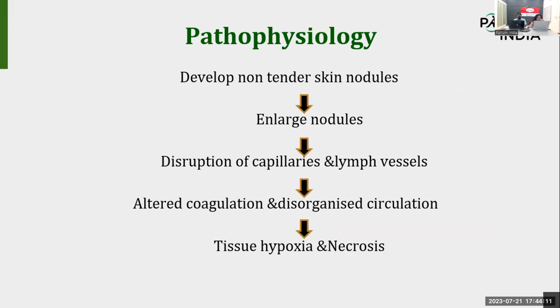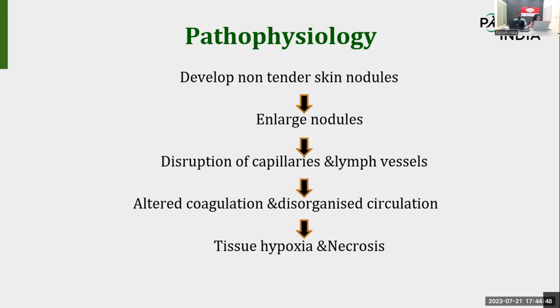Then the enlargement of the nodules will happen. Due to the enlargement, it compresses and disrupts the flow of the capillaries and the lymph vessels. Due to this disruption, there is altered coagulation or bleeding, a disorganized circulation. Due to the disorganized circulation, with blood clot formation or extreme bleeding,